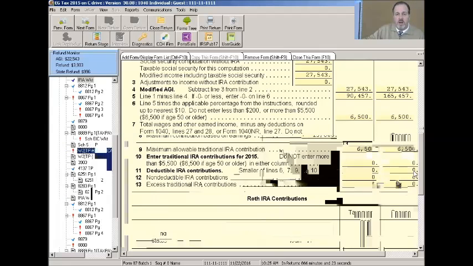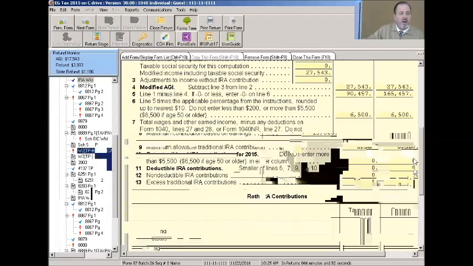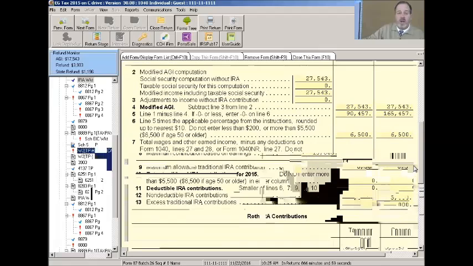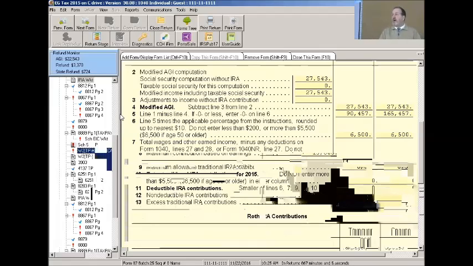But because of the income and his participation in something, putting money in for the spouse doesn't do us anything. So you can kind of fiddle around with it. This is a perfect spot for the what if. Everybody know what the what if mode is? Remember that? This is a perfect spot when you get done with somebody's tax return